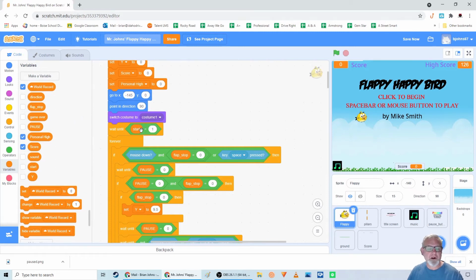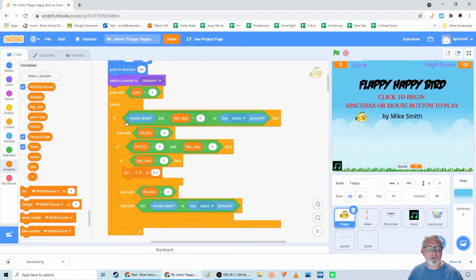So wait until start equals 1, and then we have a forever loop. A forever loop says everything inside this is going to happen forever, over and over again, until you end the game or Flappy dies or whatever else you want to stop it. So inside the forever loop, we say, if, and this is called an if-then statement, if the mouse is pressed and flap stop equals 0, or the space bar is pressed, then